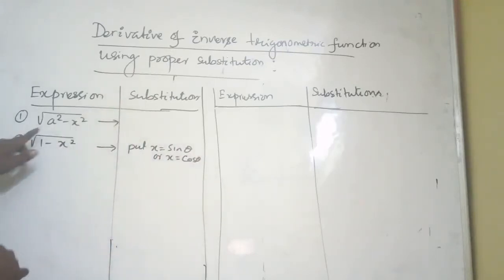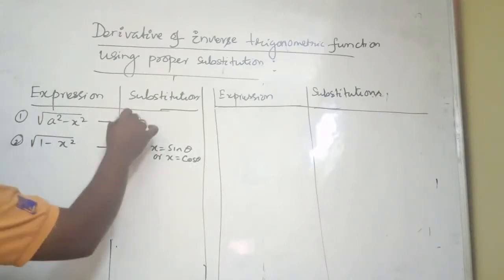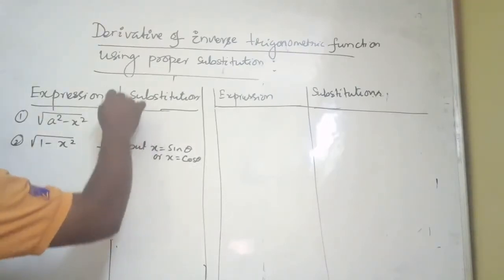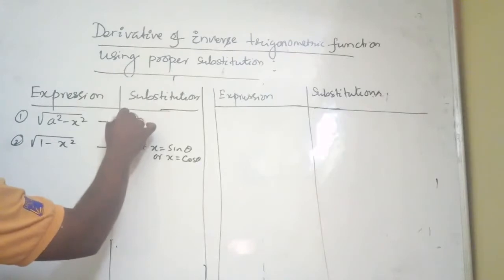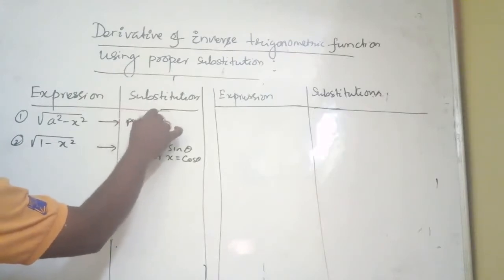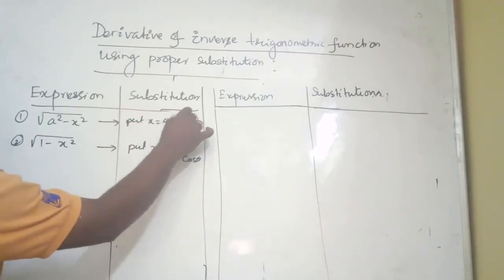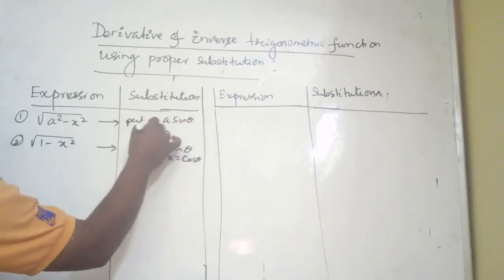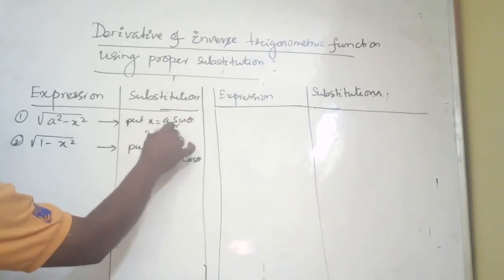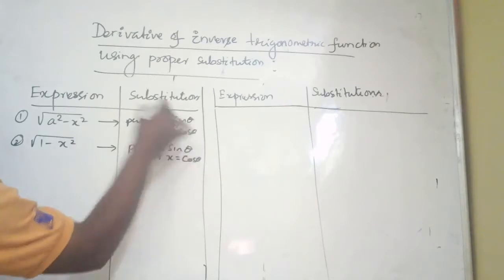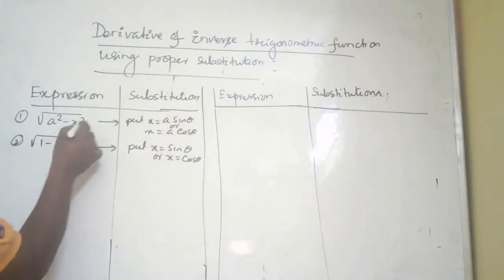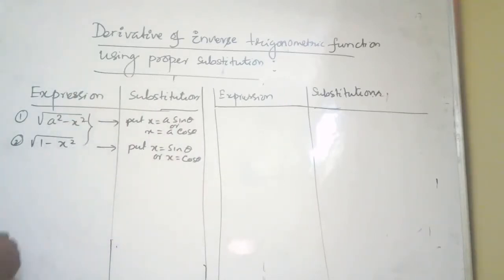Similarly, here a square is present, so we have to take a square common. So in case of this, you put x is equal to a sin theta or x is equal to a cos theta. These are two similar, and similarly 3, root over